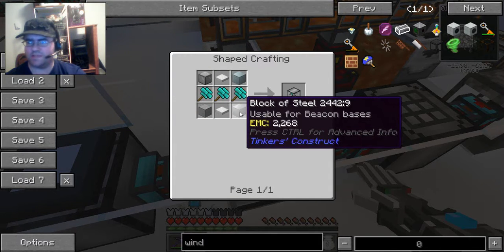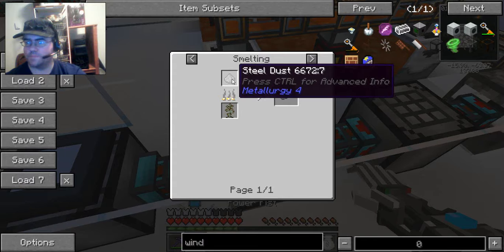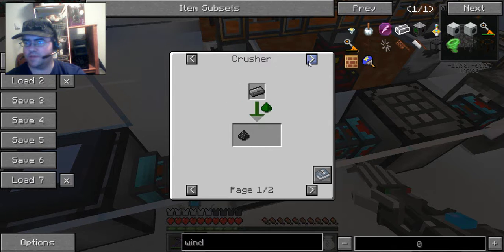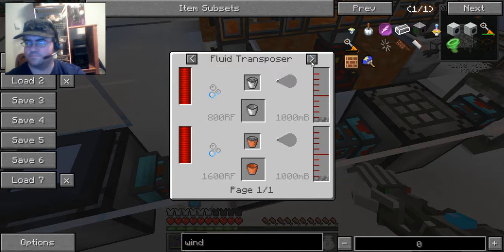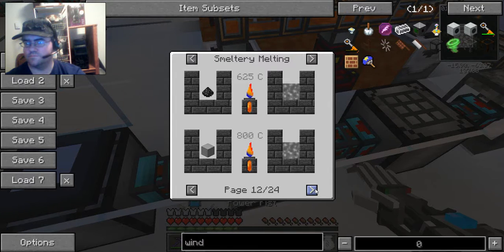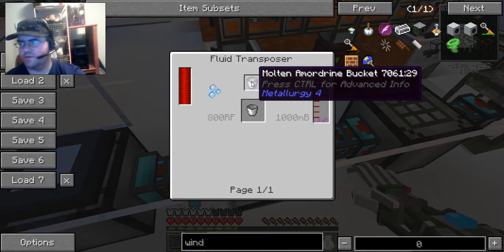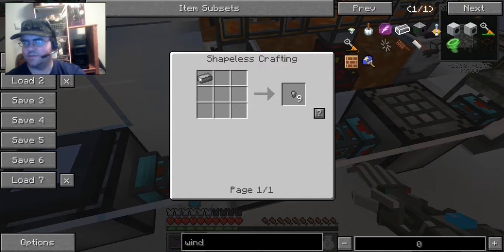But yeah, you also have to get blocks of steel, which, how do you get blocks of steel? How do you get steel? Steel dust from the furnaces, but how do you get the dust? From steel. How do you get steel, guys? Lots and lots of stuff you can build with steel, but how do you get steel? Steel ingots, steel bars,